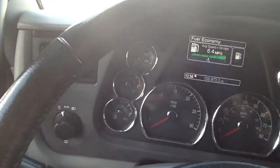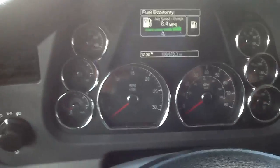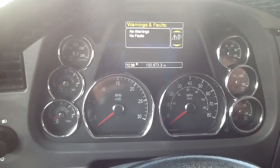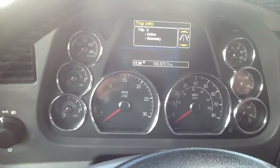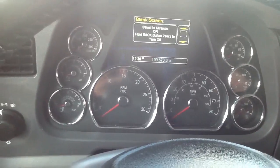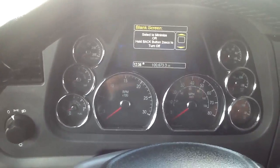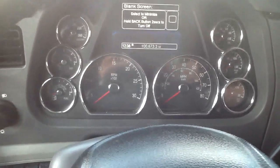Then on the dash we've got a digital driver display. Displays fuel economy, anything wrong with the truck. Also keeps track of hours, any issues with the computer, dumb guy switches go off, they show up there. We've got